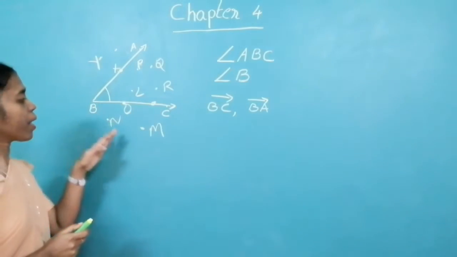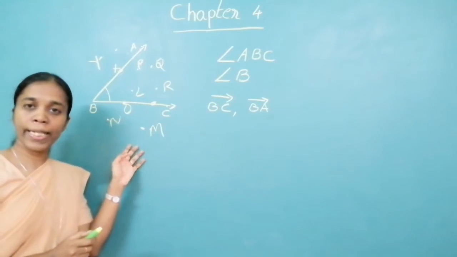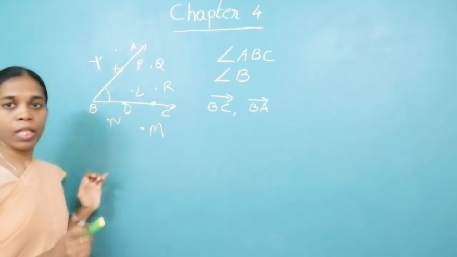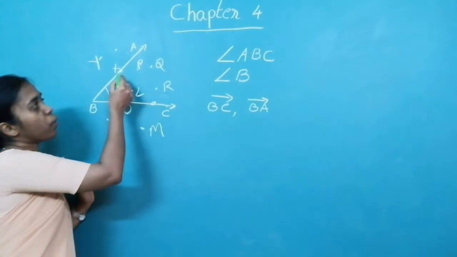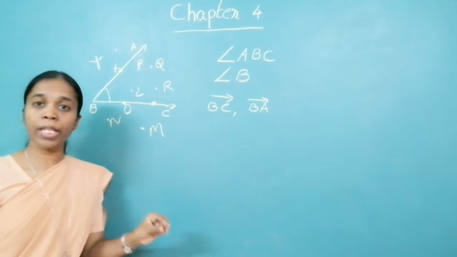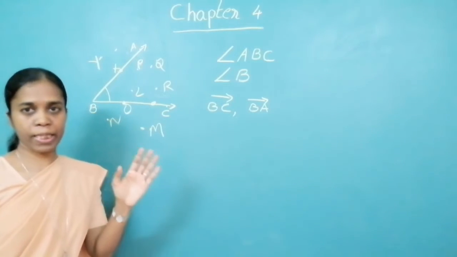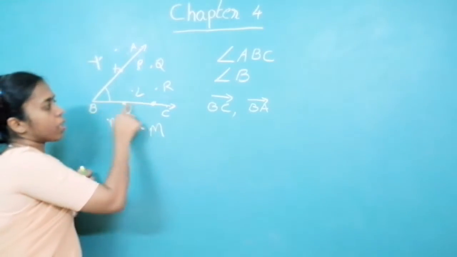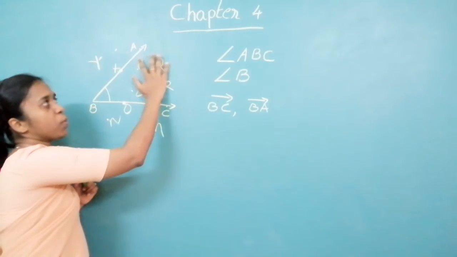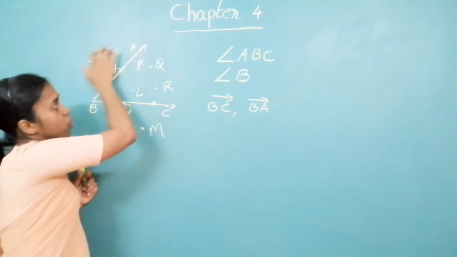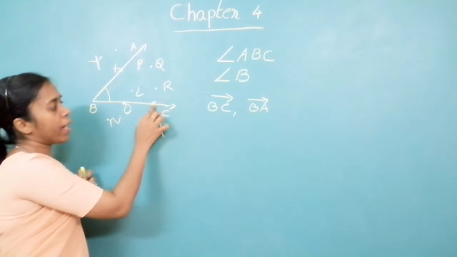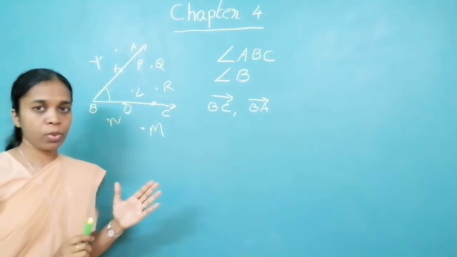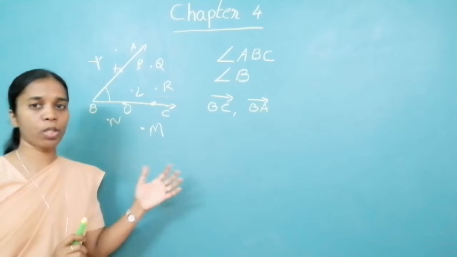What about point Y, N and M? These points are at the exterior of the angle. Okay, these points are the exterior of the angle. Now, look at point O and point X. They are on the arms of the angle. Please remember, these are the interior, these are the exterior, and these are the arms of the angle. So these points lie at the interior of the angle, these points lie at the exterior of the angle, and these points are on the arms of the angle. This much is clear to you, I suppose, which is the interior, exterior and on the arms.